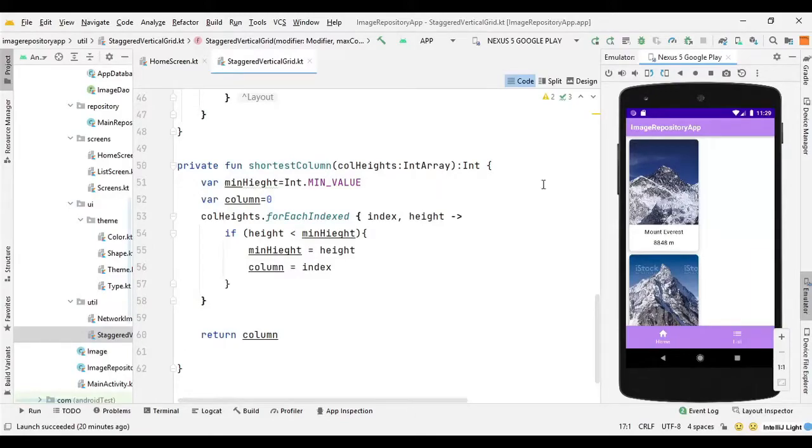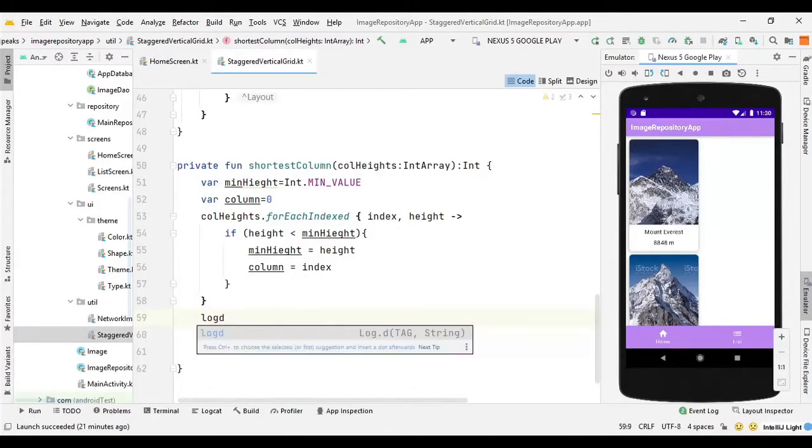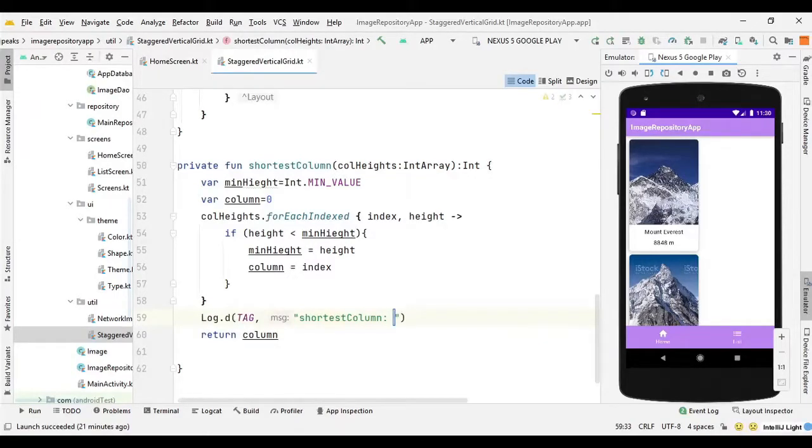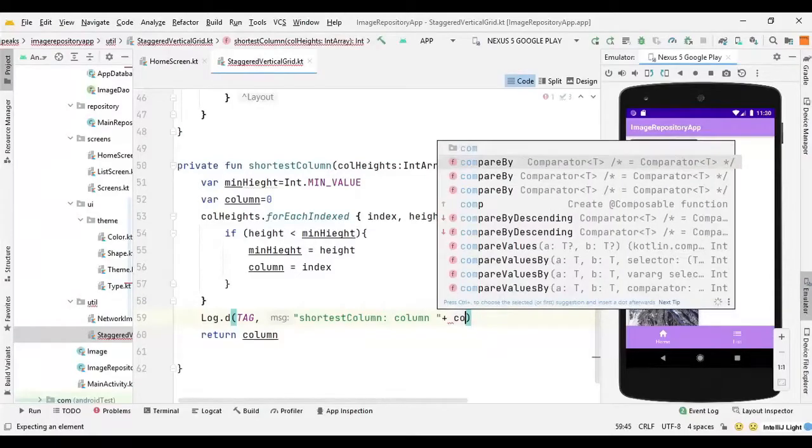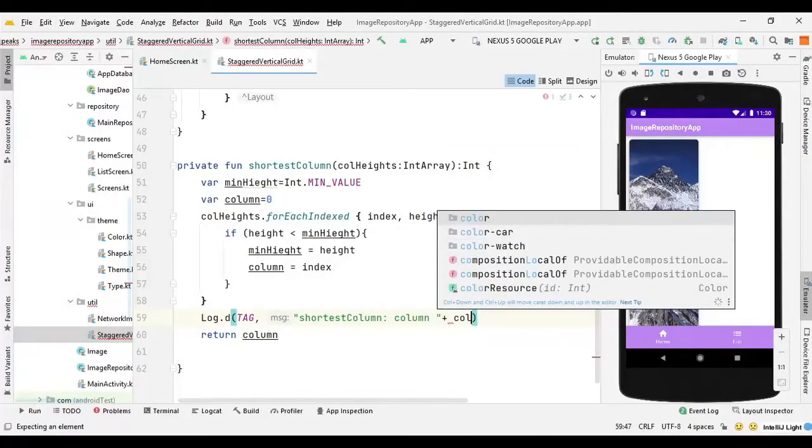So we can actually log this column and see how it works. Just before we return the column, we can log it. So here we can say Log.d, and here we can say column, and then plus, and log the column to see how it works.